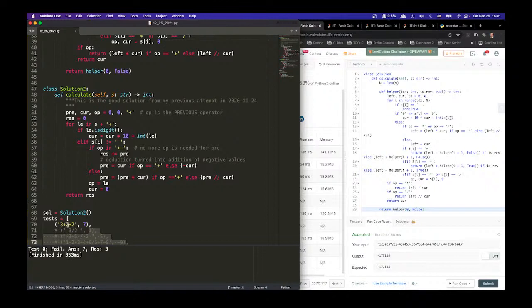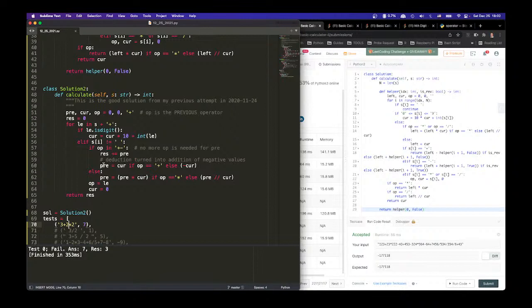Operator is this. Pre is 3, and then the current is pointing here. So res plus equals this. OP is this, so pre now is 2. Operator is this, going up. Now current is 2. Now going up again,